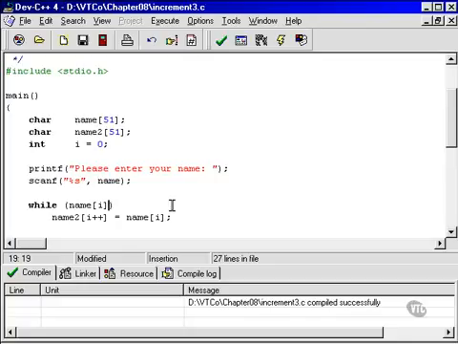Cleverness and efficiency are lovely things to have, as long as they don't come at the expense of readability. And readability is a big component of maintainability. Anyway, you've heard my opinion on the matter. Getting back to this piece of code, I just wanted to show you this because it is the sort of thing that people do quite a lot. And when you're reading somebody else's code, you need to be able to read this and understand it. So I hope this is now